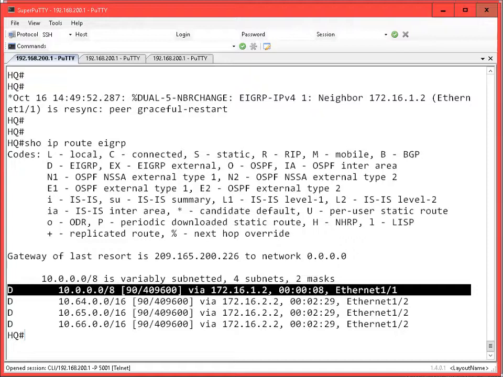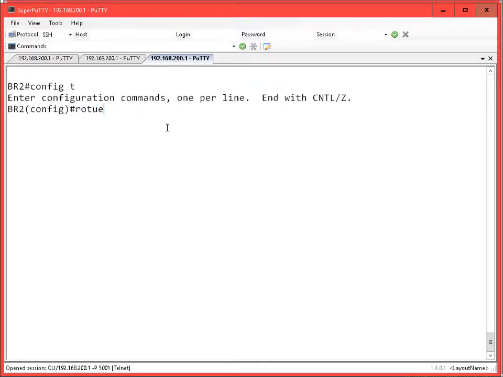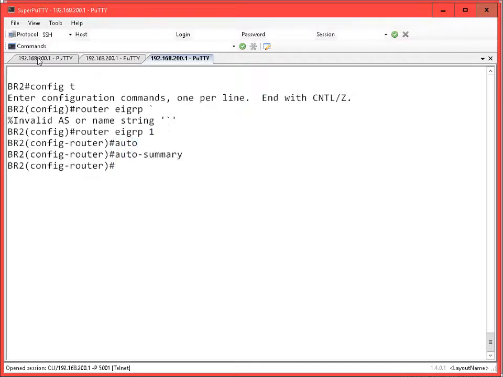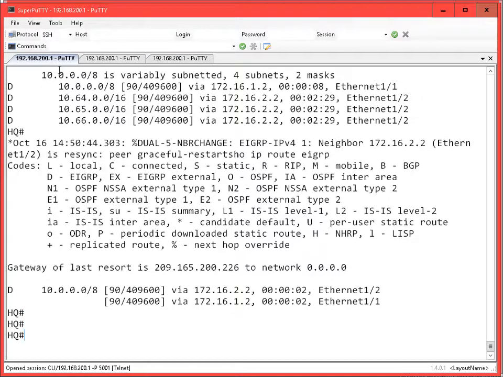Then I might decide that I'm going to load balance. In fact, let's just go do it and see what happens here. So I'll come into config T, router EIGRP 1, auto-summary. So now if I go over to HQ, I actually look like I can load balance to those 10 networks. Now if I do a ping, let me grab one of those networks here,